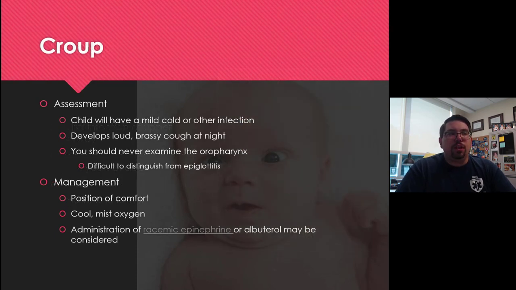Our assessment should reveal that the child has a mild cold or some other infection, again, most likely viral. They're going to develop this loud, brassy cough primarily at night, and you should never examine the oropharynx in these children because it's very difficult to distinguish between croup, which is a mild concern, and epiglottitis, which is a really life-altering medical emergency. Management includes placing the patient in a position of comfort, providing some type of cool mist